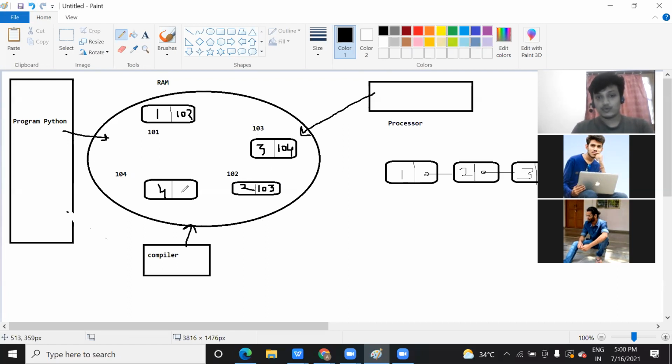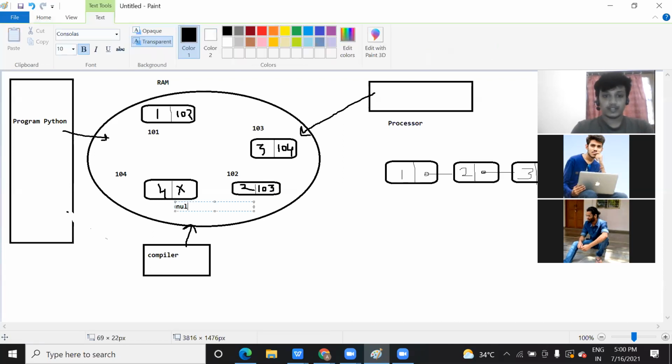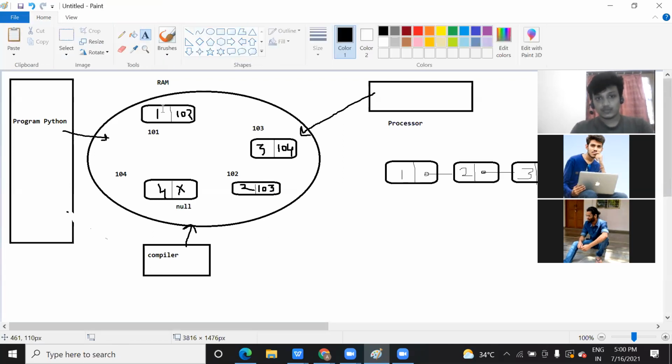Now after four, is anything there? No, right? So we place a null value there. Null can be represented by x, or you can directly write null. Anything you can use. It means nothing is present after this. So in this way you can arrange it. Now inside the RAM, your data is arranged randomly. They don't follow any sequence inside your RAM.